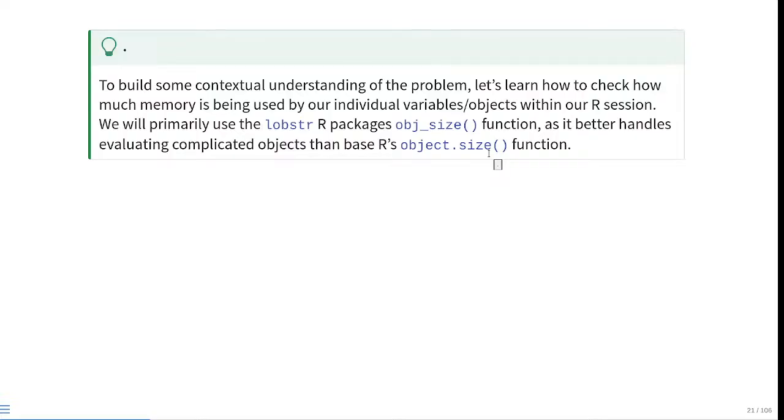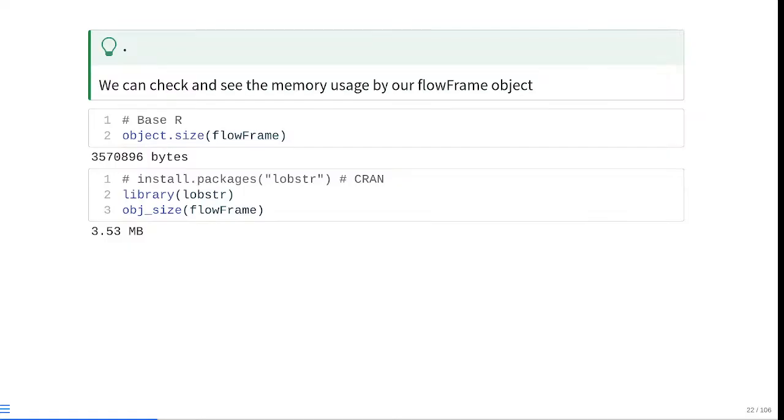What's better to use is, if you go on CRAN and install the lobstr R package, you can use a very similar kind of function. In this case, instead of a dot, it's an underscore for size. And that will be able to more accurately see how much RAM each individual variable is taking up on your computer. So if we go back and double check for flowFrame using the base R